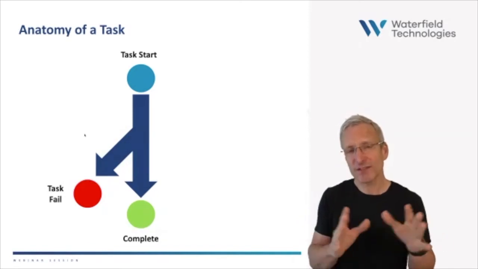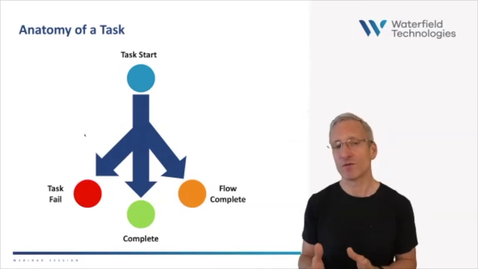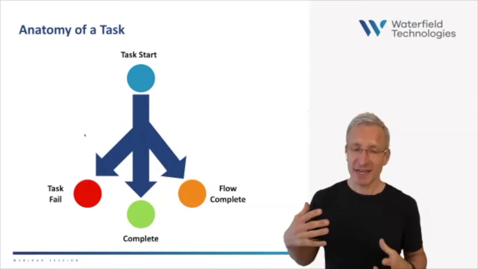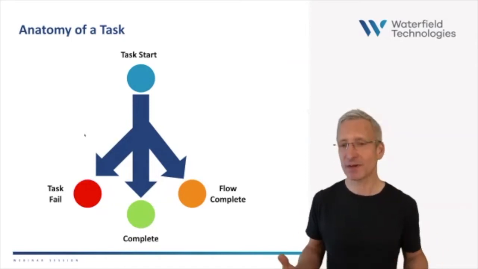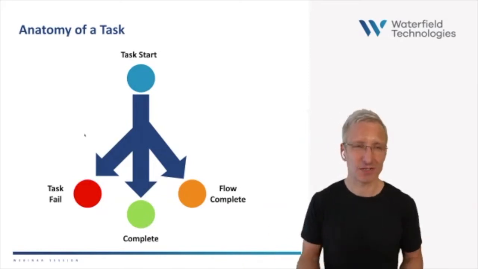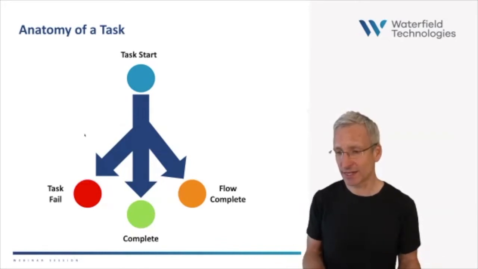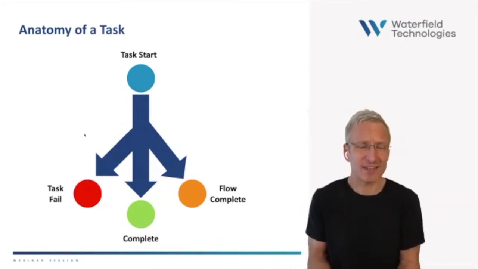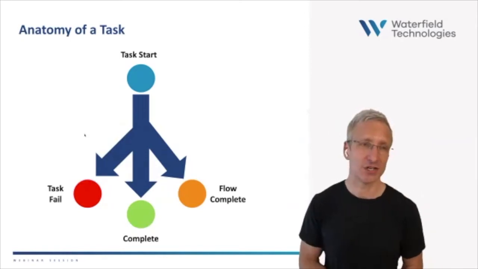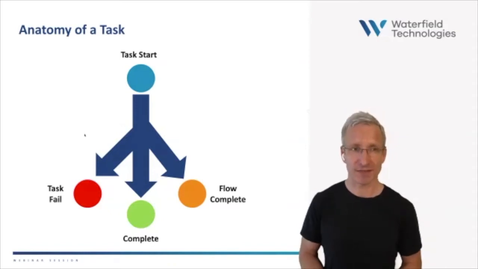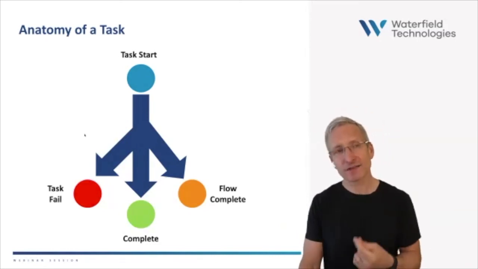And this is normally as far as people go with tasks, but I think there's one other important outcome, which is what I would call flow complete. And this is where the system's done everything that an agent would do, but wasn't able to complete the task. And this might be because, maybe it was a payment transaction and the payment got declined. Or maybe it was that the customer's calling to cancel an order, but it's already out for delivery and you just can't cancel it. We didn't complete the task for the customer, but we did everything an agent could do. And we need to credit the bot with achieving that, because if the bot didn't do it, the agent would have to. So now we're thinking about tasks and different types of task success.